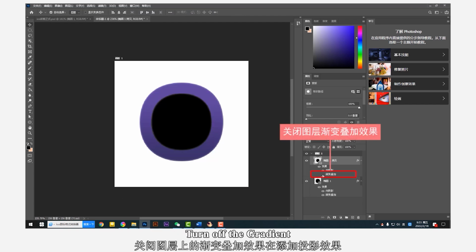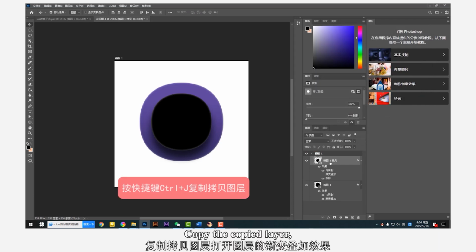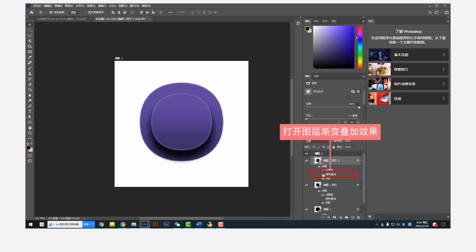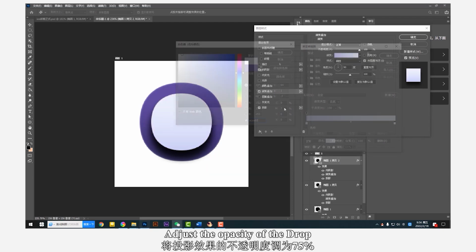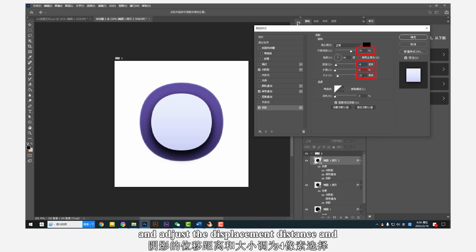Turn off the gradient overlay effect on the layer and then add the drop shadow effect. Copy the copied layer, open the gradient overlay effect of the layer. Set the color of the left color stop to BAA6 and the color of the right color stop to the appropriate value. Adjust the opacity of the drop shadow effect to 75%, and adjust the displacement distance and size of the shadow